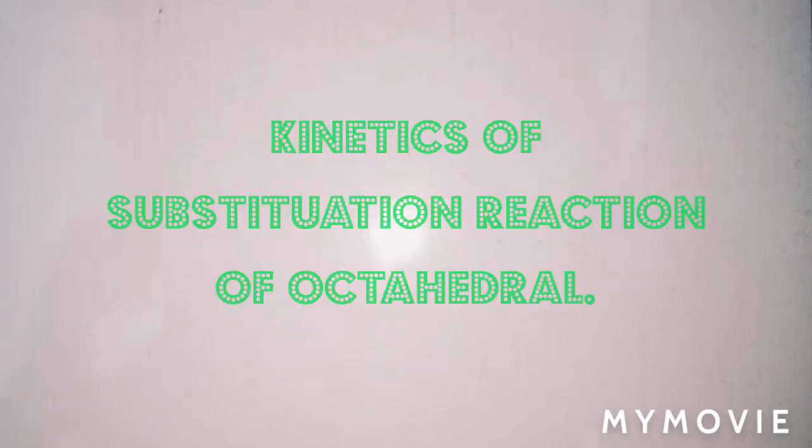In this video lecture, I am going to explain the associative mechanism in octahedral complexes. The associative mechanism will be defined as such type of mechanism in which ligand is lost from the complex to give an intermediate of lower coordination number, and the incoming ligand binds to increase the coordination number in order to satisfy the octahedral geometry. So such type of mechanism is known as dissociative mechanism.